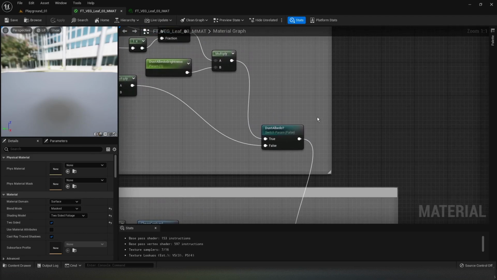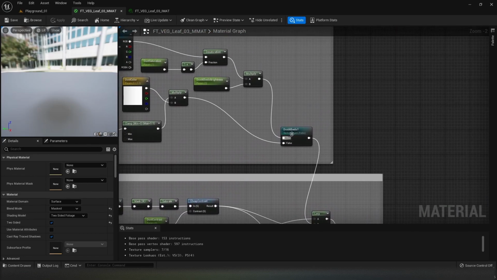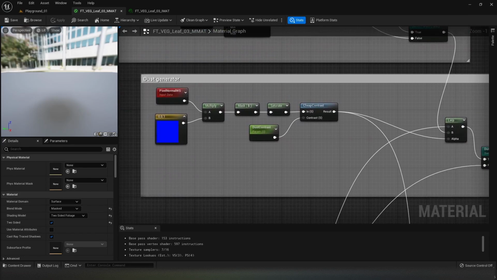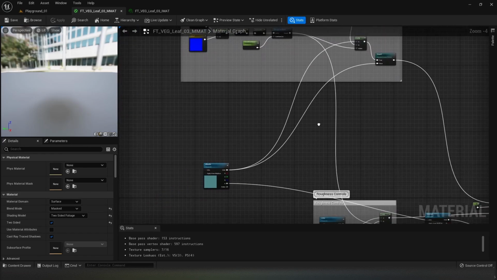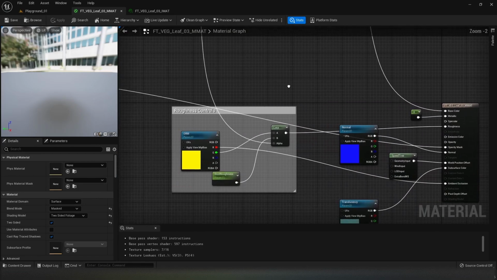Then we have a static switch parameter here, which you can use to select if you need dust or not. I mean, select a dust albedo or not. Then this is a dust generator,